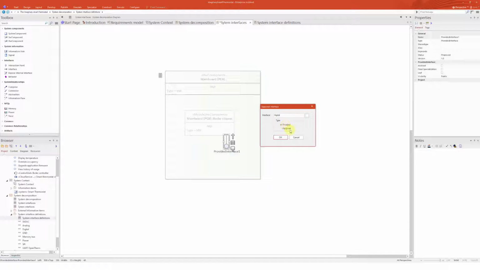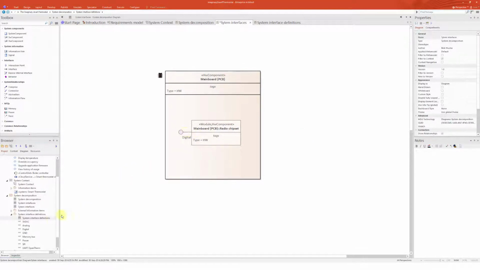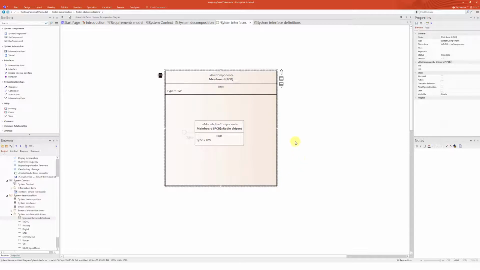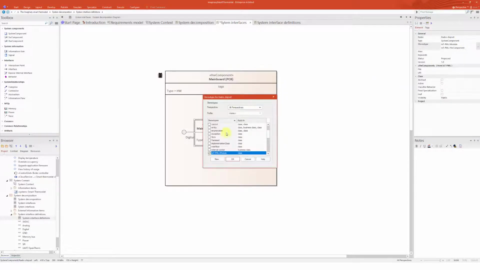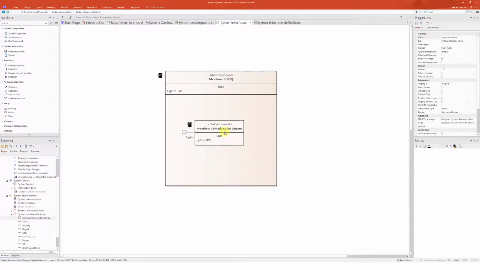In our case, it's going to be provided interface, and it automatically used the name after the system interface declaration. So that's a first step. So we just identified an interface and exposed the interface for the component, hardware component, which is within the main board. I just realized one thing, this doesn't belong here. Oops. Anyway,